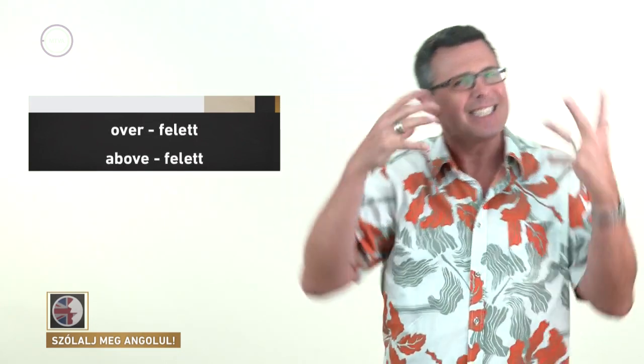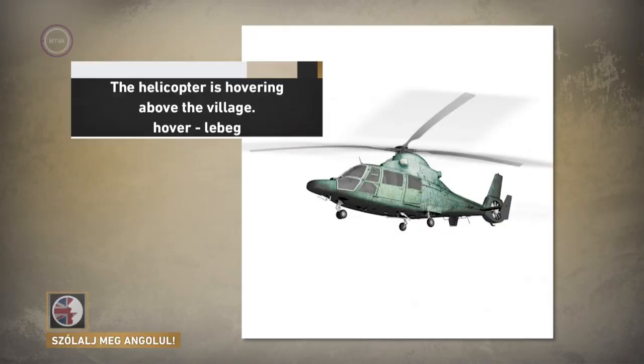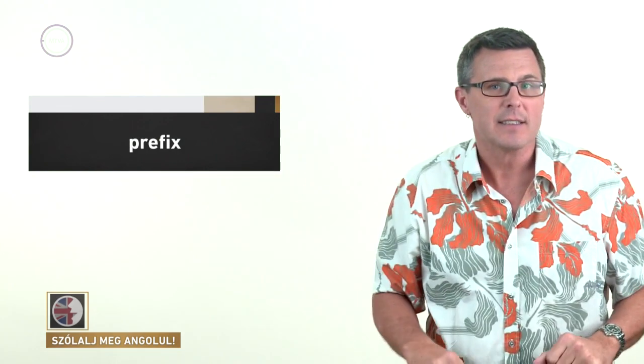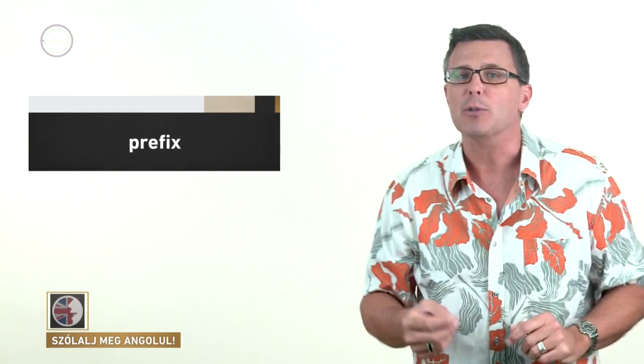All right, now, what about over? What's that about? Well, we know the preposition over, don't we? Yes, that means above, but it's normally connected to movement. The helicopter is hovering above the village, but the plane is flying over the city. The same idea, but one has the idea of movement. Okay, so that's the preposition, but here, with this form of over, we're not talking about the preposition. Here, this is a prefix. A prefix. And we all know what prefixes do, don't we?